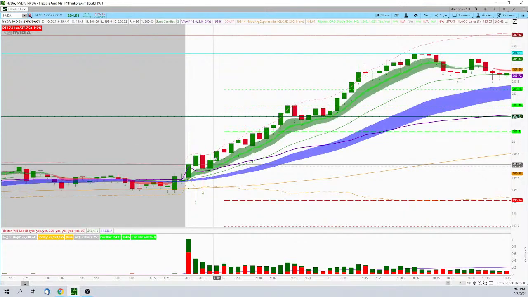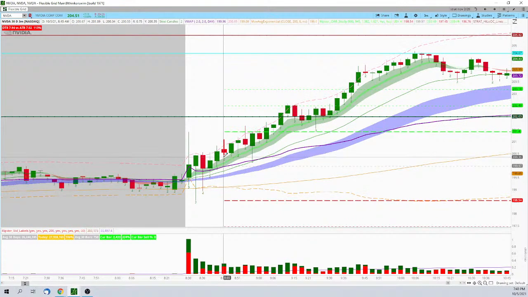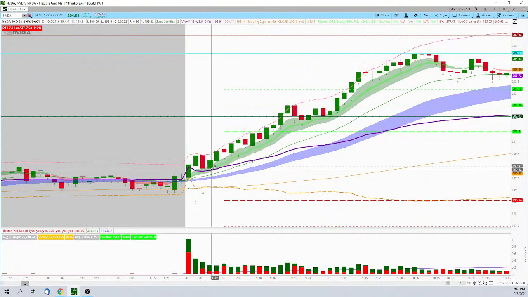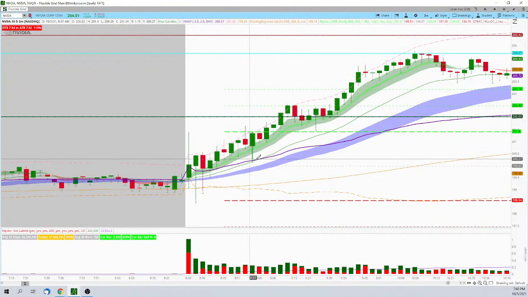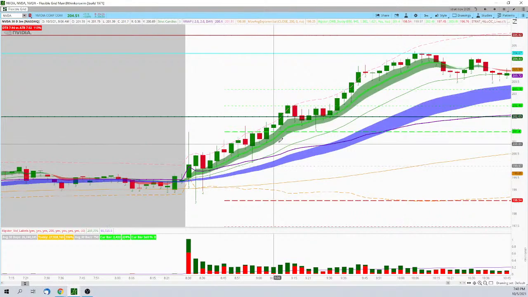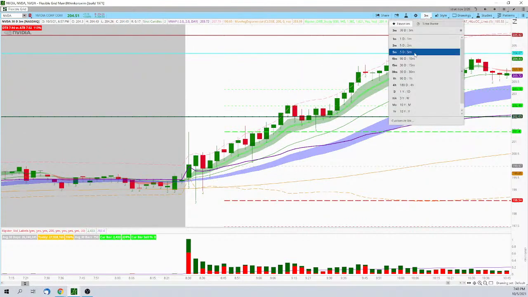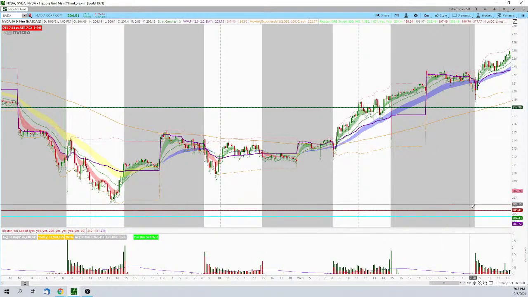So we get the entry here, and then we just ride this wave up. This candle would have spooked people out, but if you stick to your rule, it didn't go below VWAP. I'm still above my entry, or it went below my entry, but I'm above VWAP. So my rule is I'm not getting out, and my cloud is extremely strong and extremely green. So once I get into profit again, I switch to my 10-minute and